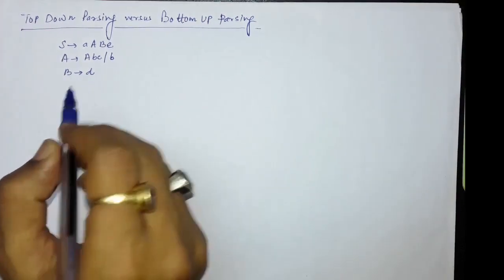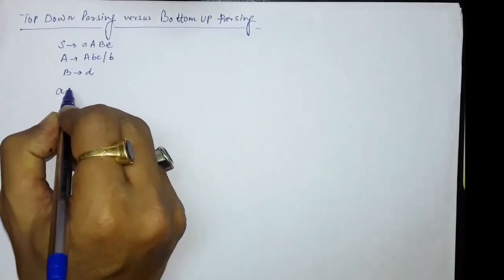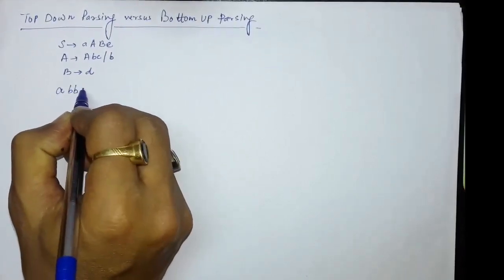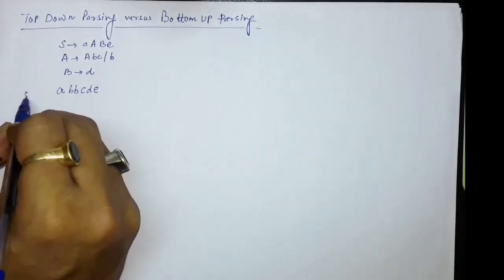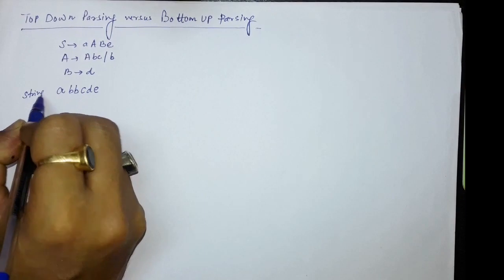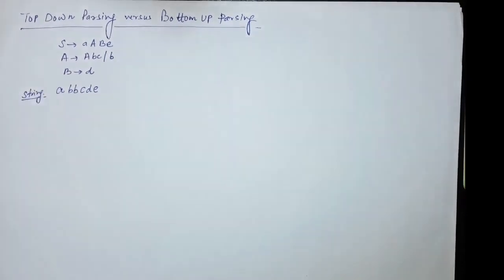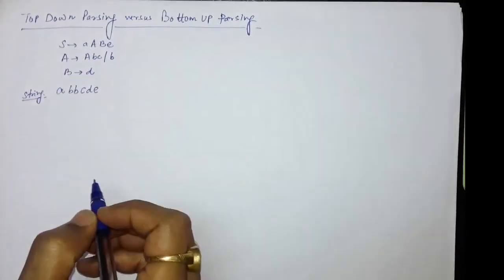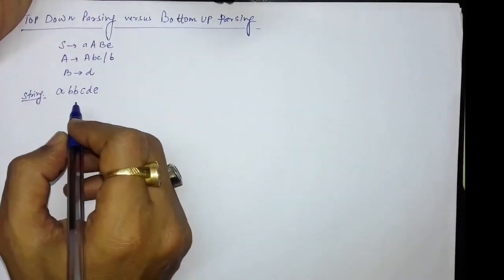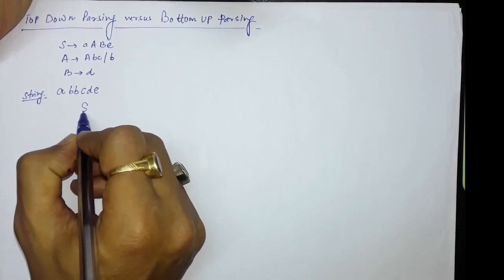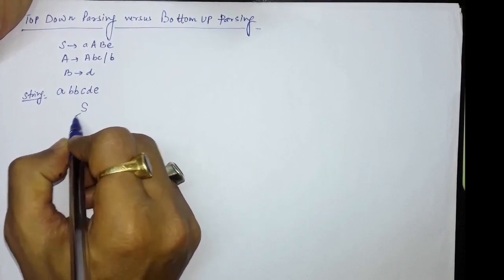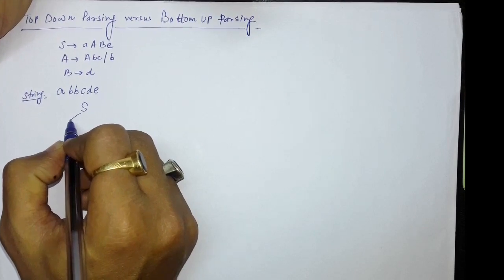Let's say we have to generate the string a, b, c, d, and e. So this is the string which needs to be generated, and we just want to check if this string is according to the grammatical rules defined. It means the productions are given, these are the grammar rules, and let's see if this string is according to this grammar. So let us do the top-down parsing, wherein we will start with the start symbol, and when we start with the start symbol, we have to go ahead